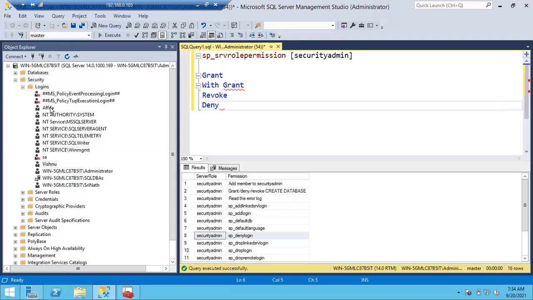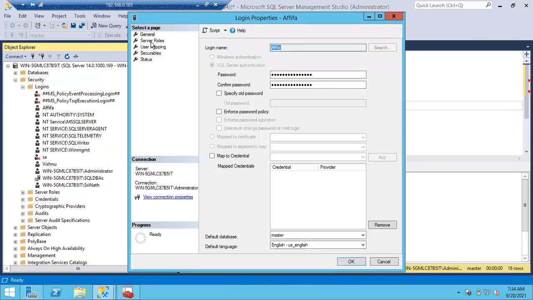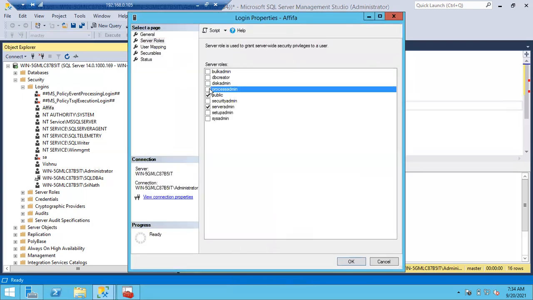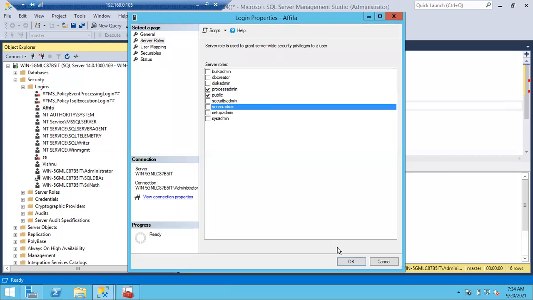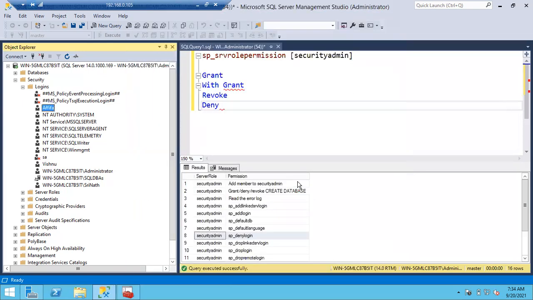So Afifa is a member of process admin now, but kill permission was denied to Afifa. Now tell me, can Afifa kill the session or not? No, sir.